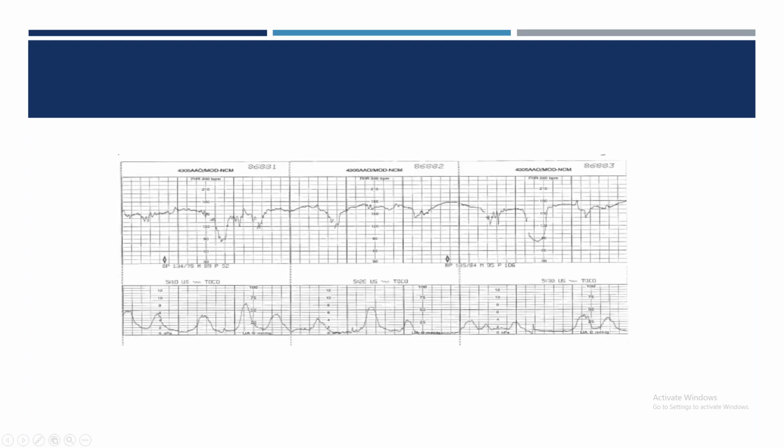This one. Now here they have given the timing. So this is 5:10, this is 5:20. So from here to here it is 10 minutes. Contractions are 4, correct? Yes. Baseline heart rate? 160 to 170. Yeah, it is 160 to 170. So it is a non-reassuring feature. Variability? It's less than 5. Yes, variability is less than 5.